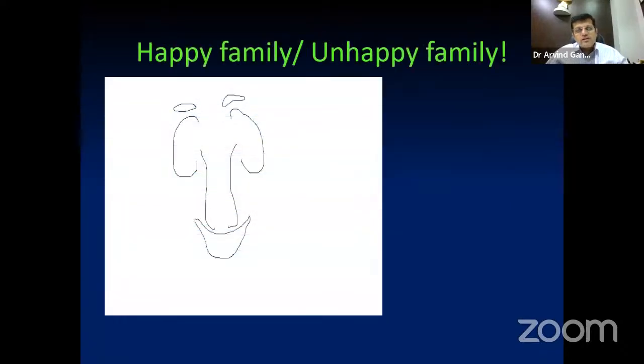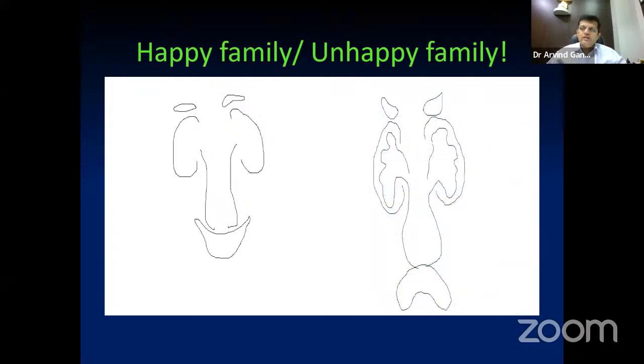This is a very nice picture which I came across. All credit goes to Dr. Anita Patel, who is a faculty here, and this was a picture which I just borrowed from her. So this is the happy family. You can see that there is no hydronephrosis, no dilated ureters. The bladder is not thick-walled, no bladder hypertrophy. And this is the unhappy family due to a neurogenic bladder. You can see that there is hydronephrosis, hydroureter. You can also see that there is some amount of bladder hypertrophy.